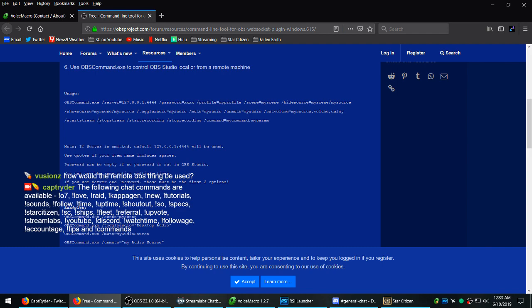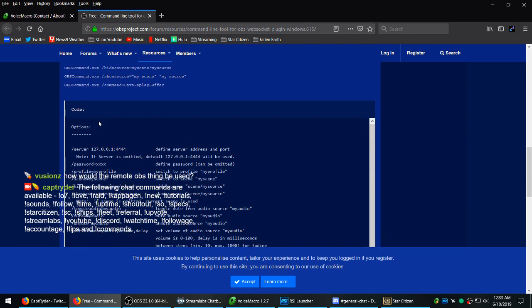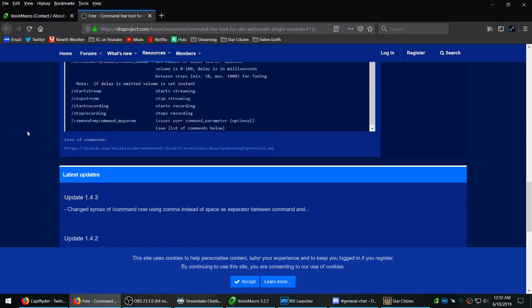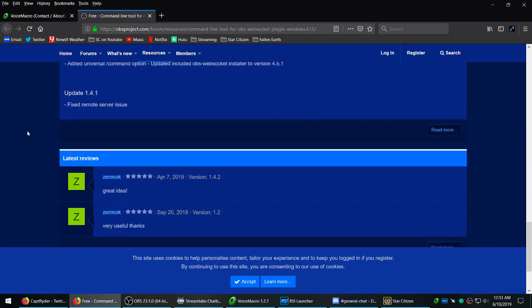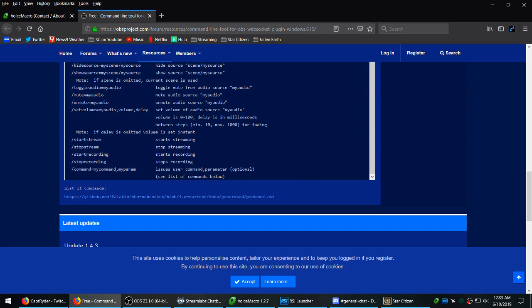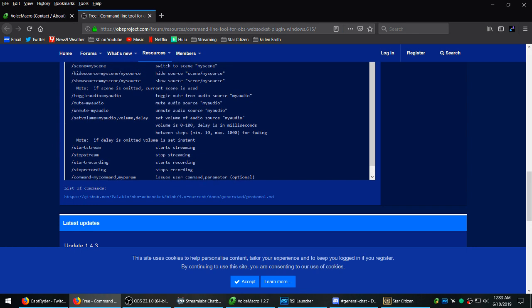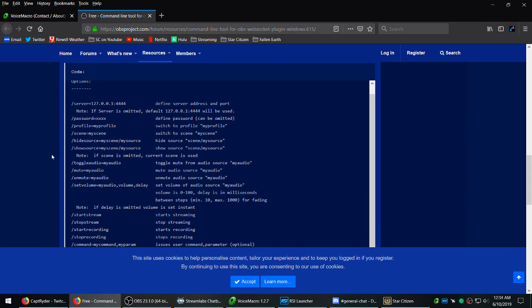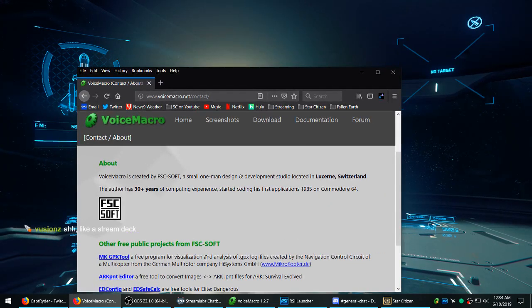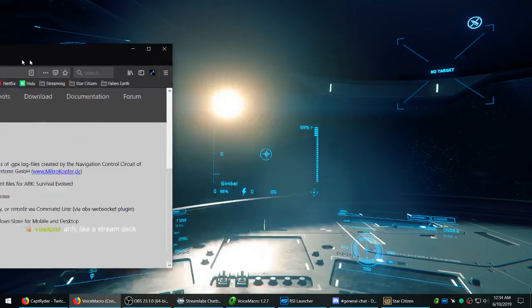Okay, this isn't necessarily, well, it would allow you to control OBS from a tablet or a phone, change scenes or whatever. That's as far as I can see. But this is a command line version, which is fine. But I'm not going to stop and type on a tablet. There are a couple of them that use WebSocket, and the only reason I was looking at that is because there are some